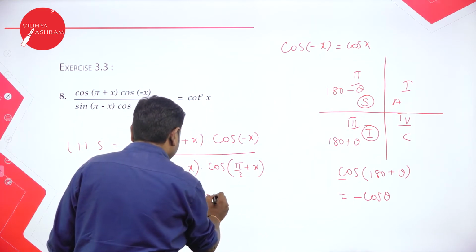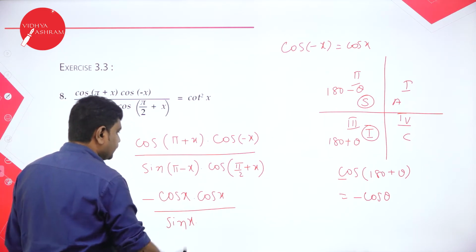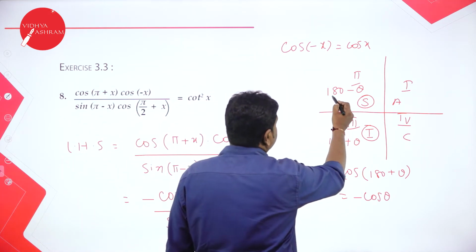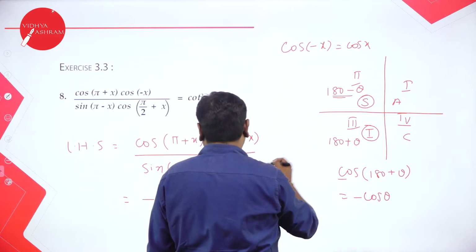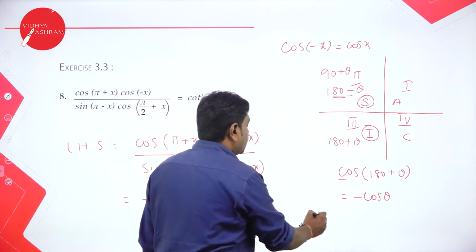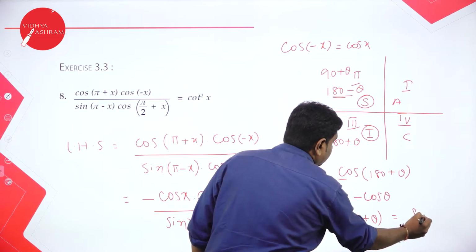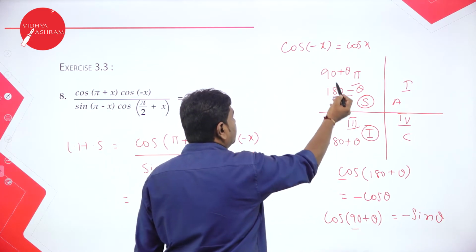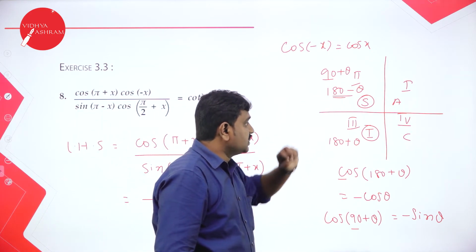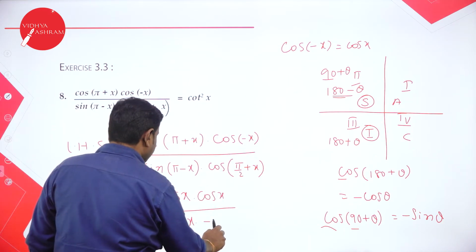So in the numerator, cos of minus x, I will write as cos x, divided by sin of 180 minus theta, which is sin x, and cos of 90 plus theta. See, 180 minus theta is in the second quadrant, so S is the alphabet, so it matches. Now 90 plus theta is in the second quadrant. For 90, the function changes to sin theta, but negative, because in the second quadrant the alphabet is S, so the question does not match, so the answer is negative. Cos of 90 plus x becomes minus sin x.